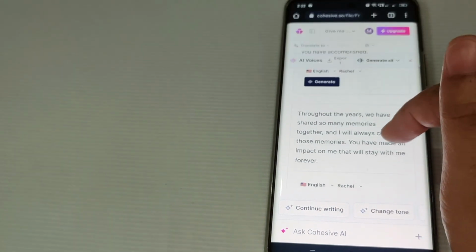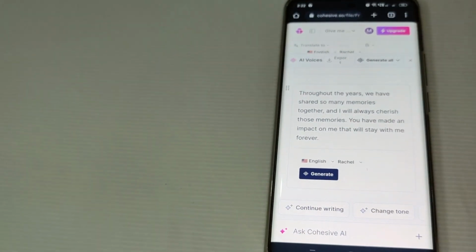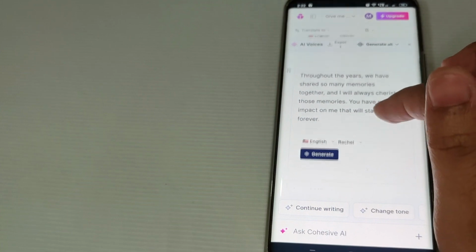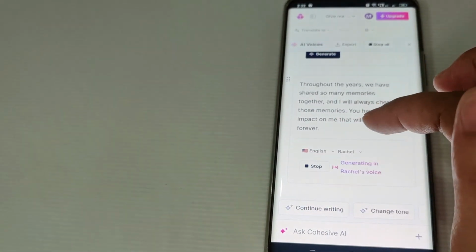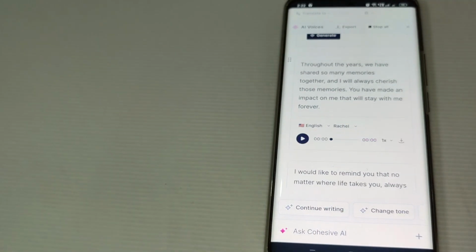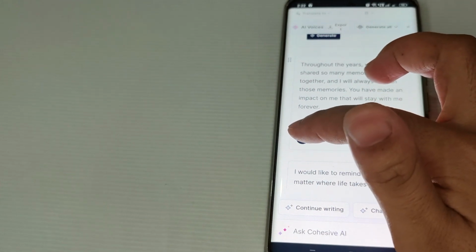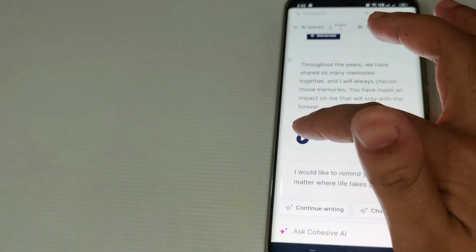And now, to transcribe this text into voice, we have to tap this generate. Okay, so let's wait for Cohesive AI to generate this text. Alright, so now let's start playing this or hear this text. Alright,